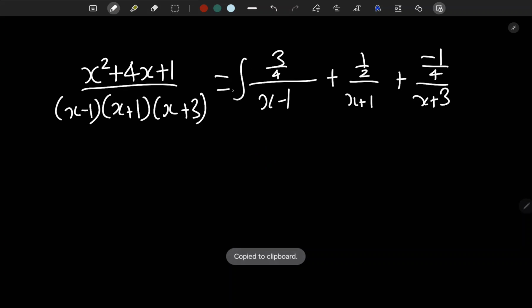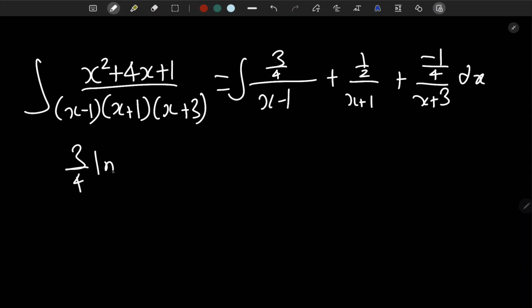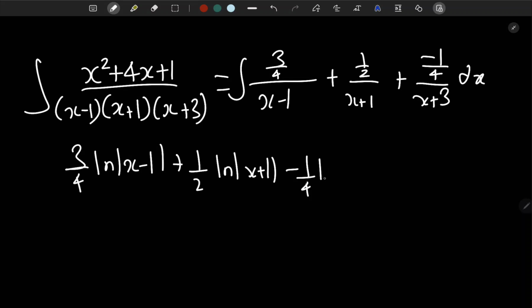It's just going to be the integration of this part over here, and this is equal to 3 over 4 ln absolute value, this is very important, don't forget this, x minus 1 plus half ln x plus 1 and minus 1 over 4 ln x plus 3